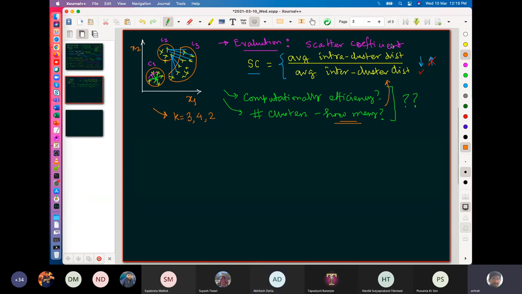I will gradually go into the more detailed evaluation things. But what I want to say is that if there are more than one point within a cluster, one of the things we want to do is to minimize the intra-cluster distance and maximize the inter-cluster distance. That's what we will try to achieve. Now, how many clusters, we will see later.